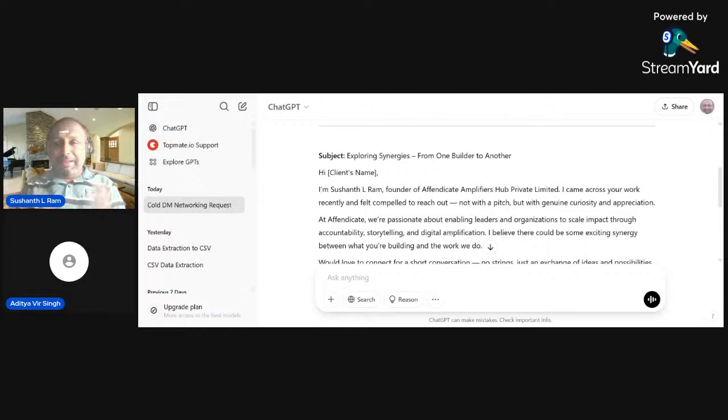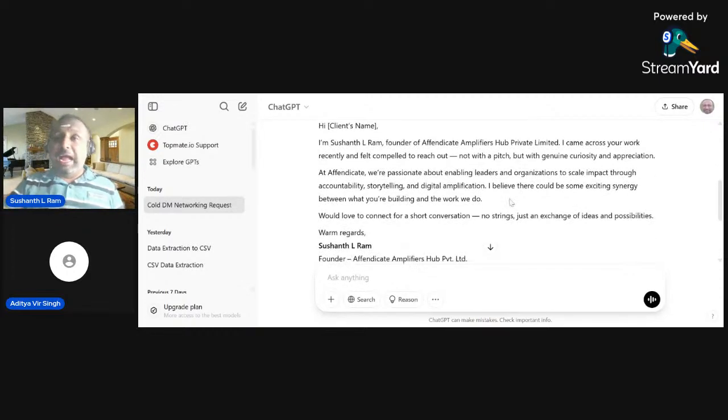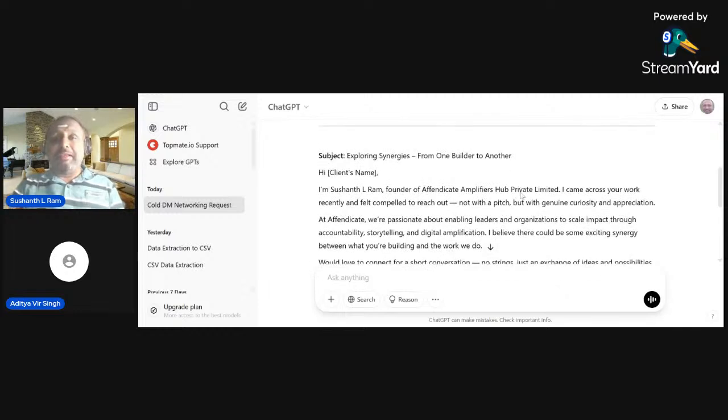See, within a minute, the moment you put your input, it gives you the effective output. Now, if I need to write the same kind of an email, of course, if you have time, that's okay. But if you are employing someone, it's going to cost you something. So if you are a startup, if you are a founder, if you're starting an agency and trying to connect for more clients, if you are able to understand how to work with AI tools, you have a gold mine beside you. You just need to capitalize on it.